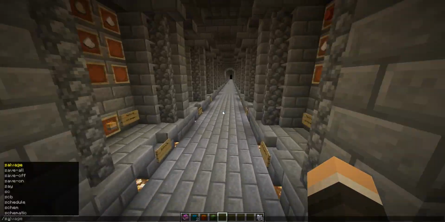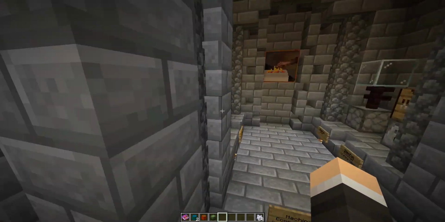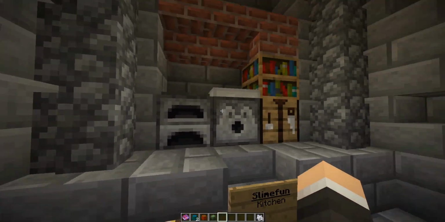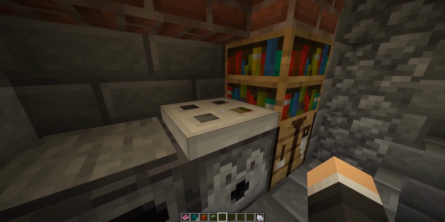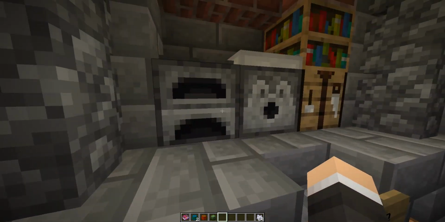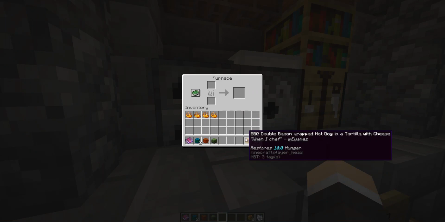Now, if we wanted to go ahead and make our own food, we can go fly up all the way ahead real quick. The food is actually going to be made in the Slimefun Kitchen. How this works is you're going to put all your ingredients into your dispenser, and you're going to right click on the trap door, and each time you click on the trap door, it's going to make the recipe for you